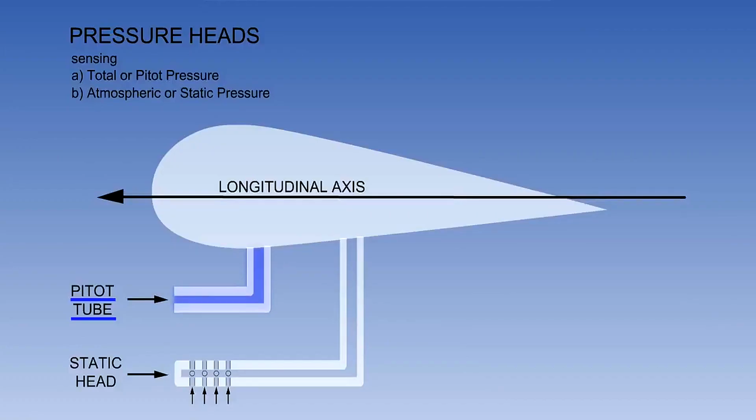Pitot pressure is sensed by a pressure head known as a Pitot tube, and we can see here that a Pitot tube is simply an open-ended tube which faces forward into the airflow. It must be positioned outside the boundary layer, which is air close to the aircraft, which exhibits properties which could interfere with the accuracy of the Pitot measurement. A Pitot tube usually consists of a head on a strut or a tube on the nose. It is fixed parallel to the longitudinal axis of the aircraft to ensure that the full dynamic pressure is sensed.